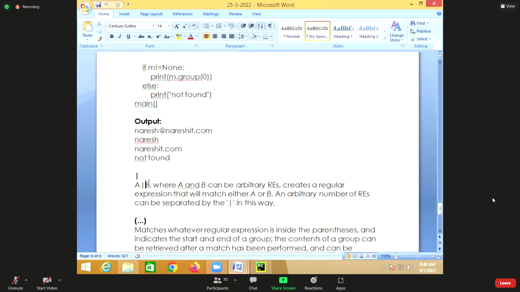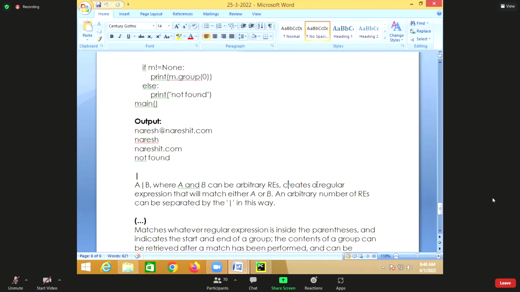Actually, in one search, how many patterns can you search? Only one pattern. If you want to search multiple patterns, you can write multiple patterns by separating with what? Pipe symbol. This pipe symbol is called which symbol here? Or symbol.